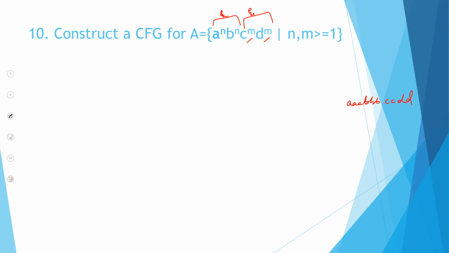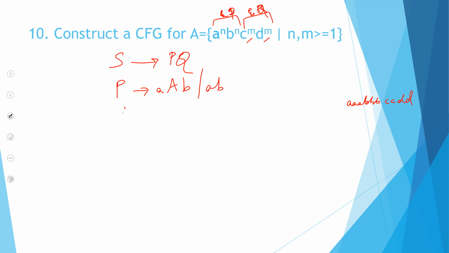So we'll just take this as one part and this as another one. Let's just give some names, like S and R. This is the S part and this is the R part. So what we'll do is construct different things for P and Q. S is nothing but P followed by Q. Now we will write the P part. Whenever you have an A, you should have a B. That's it.